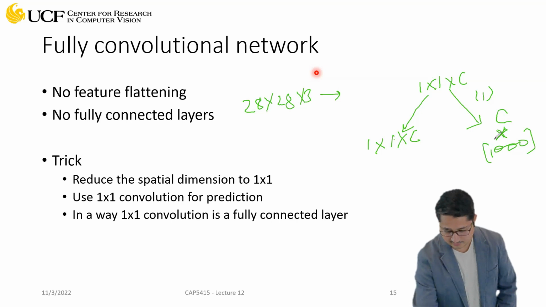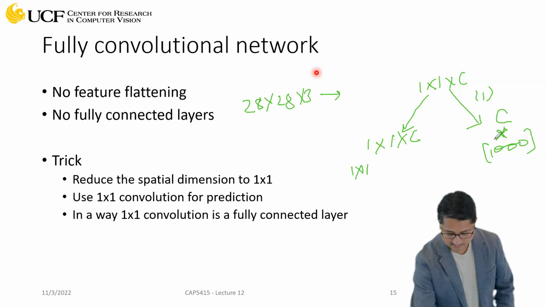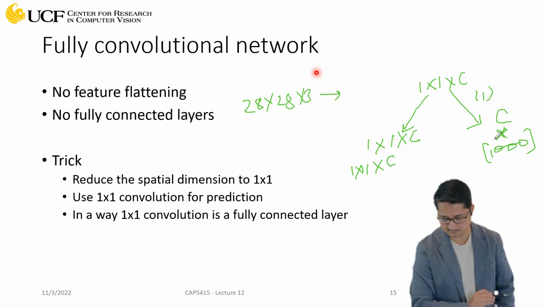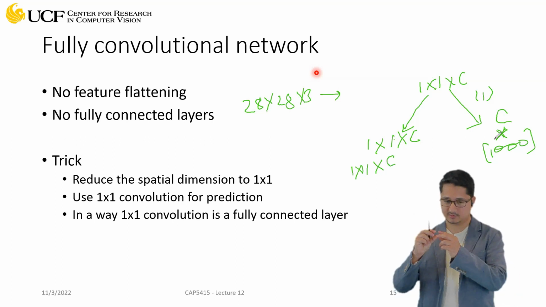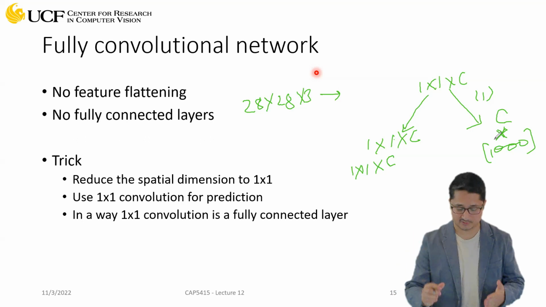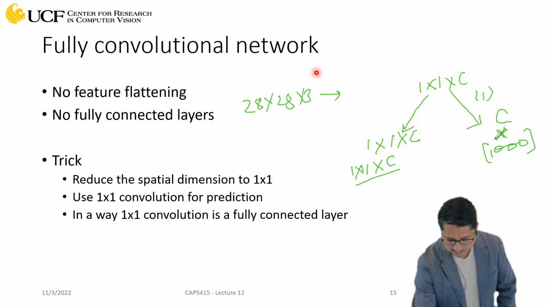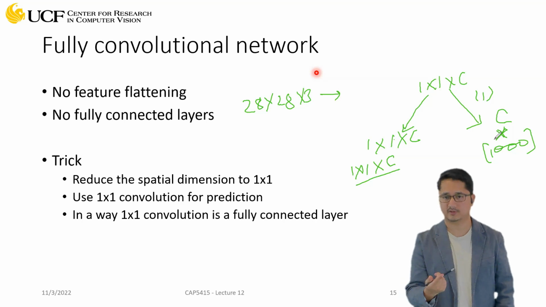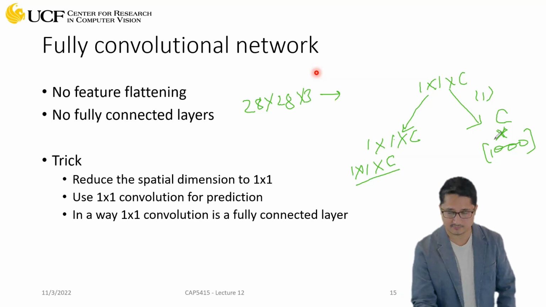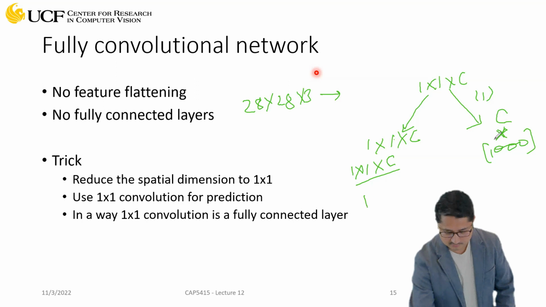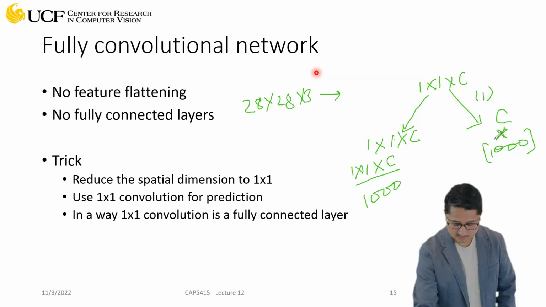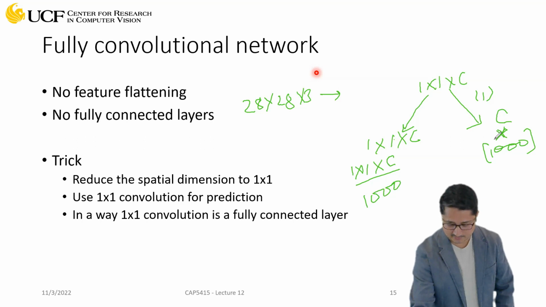right? In this case, what you do, you have a 1 cross 1 kernel, and you know that the depth of that kernel should be C, right? Because you are applying the kernel, and it should match the depth of your activation map. And to make 1,000 predictions, you need 1,000 different kernels, right? So this will just give you one value. So you need 1,000 such kernels. And at the end, if you think about it, this is exactly like your